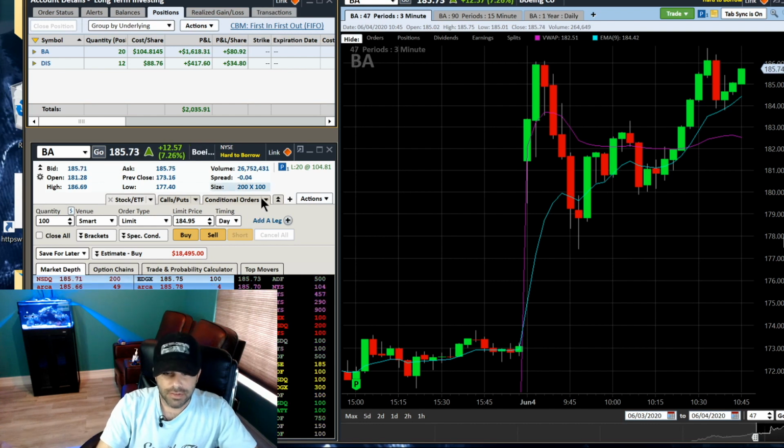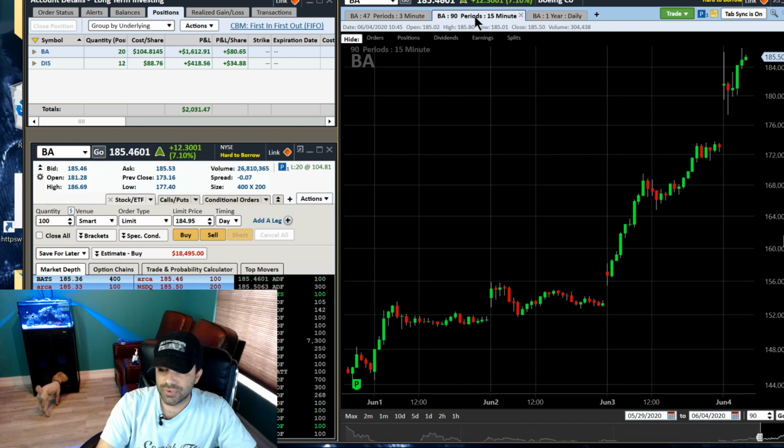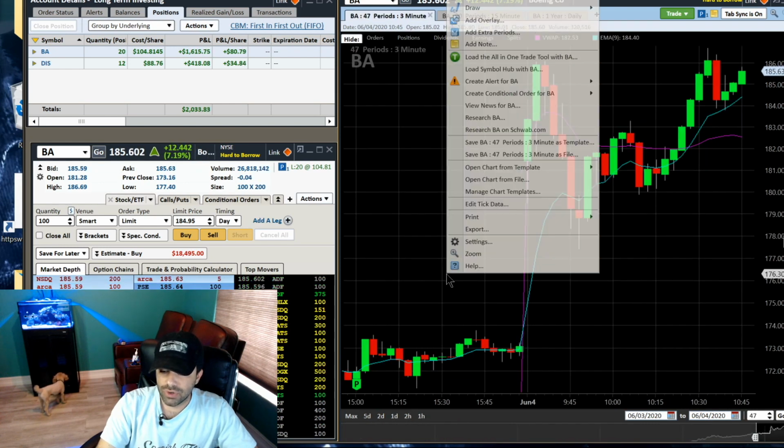actively. I have my order entry box, my level 2, my time and sales, my options here if I want to trade options, my open positions, my box here with all my account details, my chart here with my trading tools. I have my 15-minute and my daily charts, they're right here. If I want to add a 5-minute, you do the same process we did to add the 15 and the 3-minute. All right, if you want to add another tool, all you got to do is